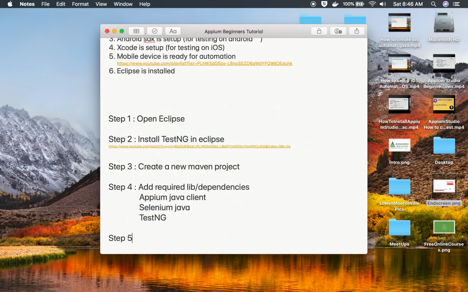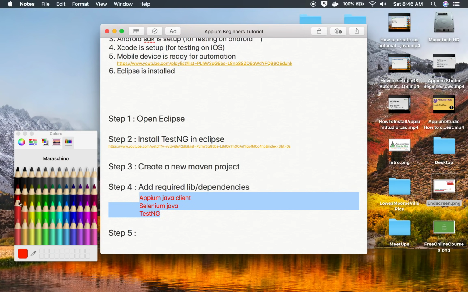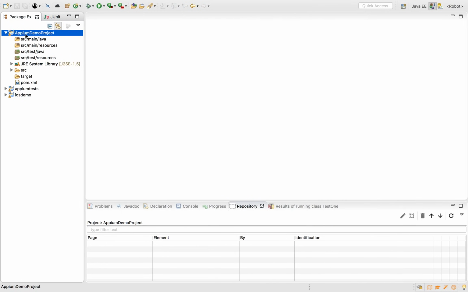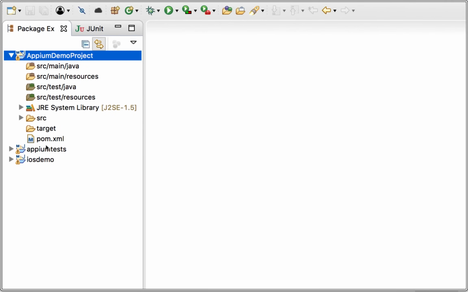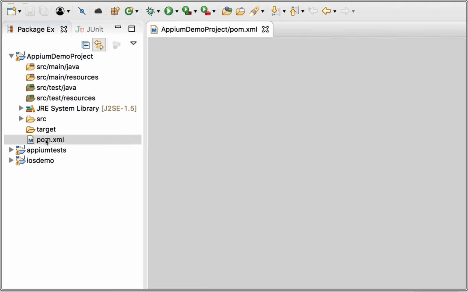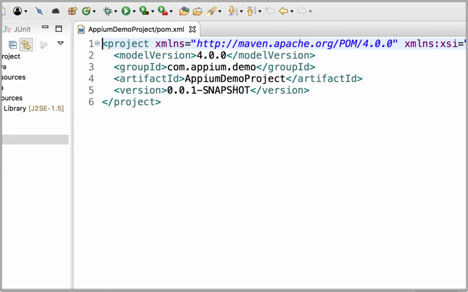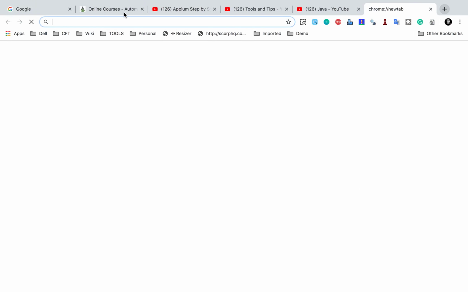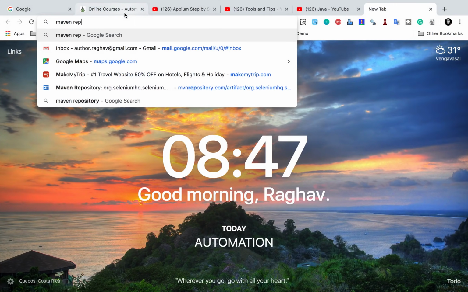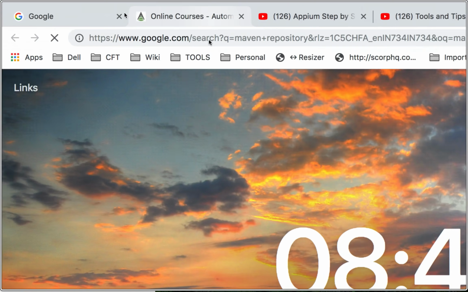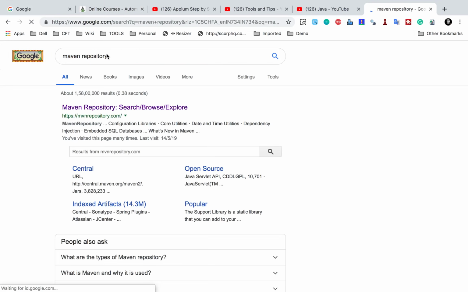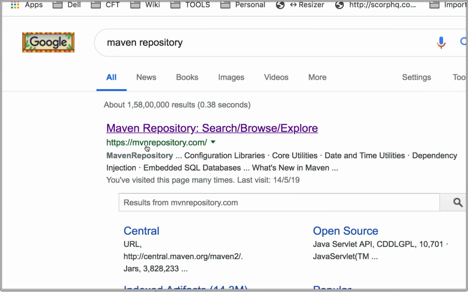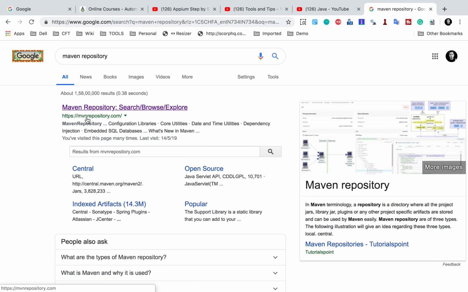So here these are the 3 dependencies we need, and I'll just highlight this. If you go to your project, you will find a pom.xml file here, and this is where we add our dependencies. So you can see this is the pom.xml file, and here I will go to Google, and I will go to Maven repository. So just go to Maven repository on Google, and you will get this link, mavenrepository.com. I will go here,